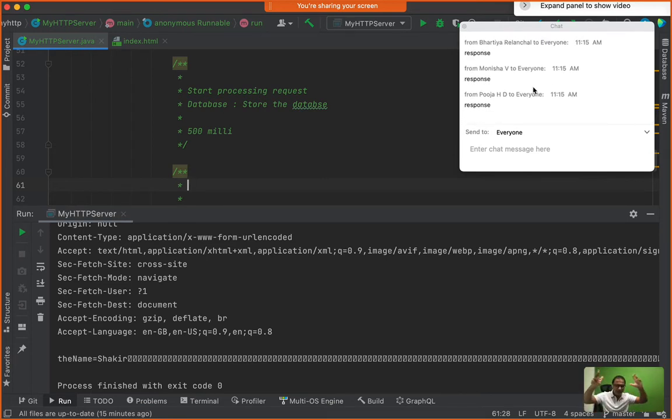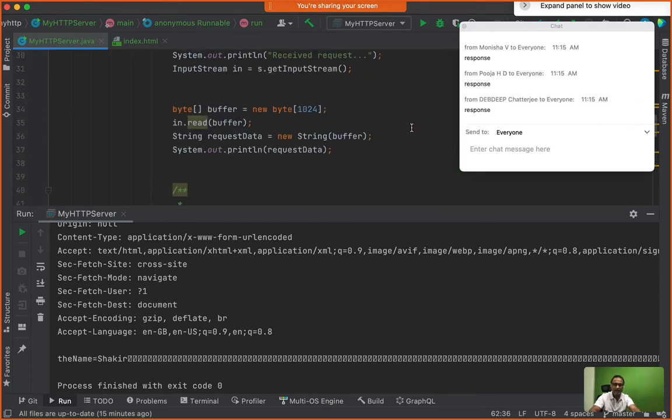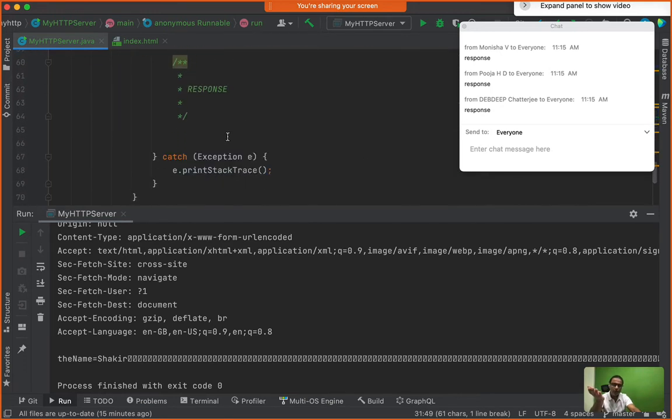All my circus and theatrics is really working, right? Very good. So I need to send back what? Response. How did I read the data when the request came in? Using what? Input stream. How will I write back the response? Using, come on, using,